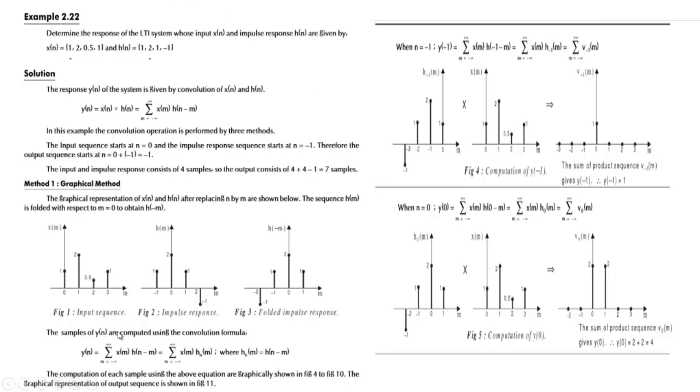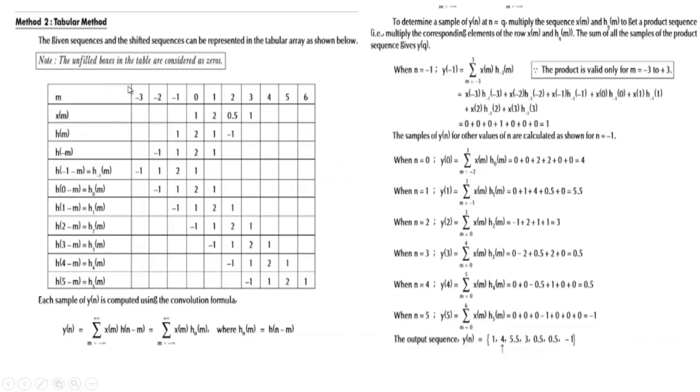While considering it becomes x of n and h of m, as you already know, which we have done in the graphical method. So here the origin is at 1, here the origin is at 2. So first here we need to make a table, and first we need to write the equations corresponding to their origins. So first we have written down this sequence as its origin is at 1, then so on. Then the second one, that is our impulse response, since its origin is at 2, and the other value is minus 1, then remaining on the positive side, that is 1 and 2. Okay, that is the positions.